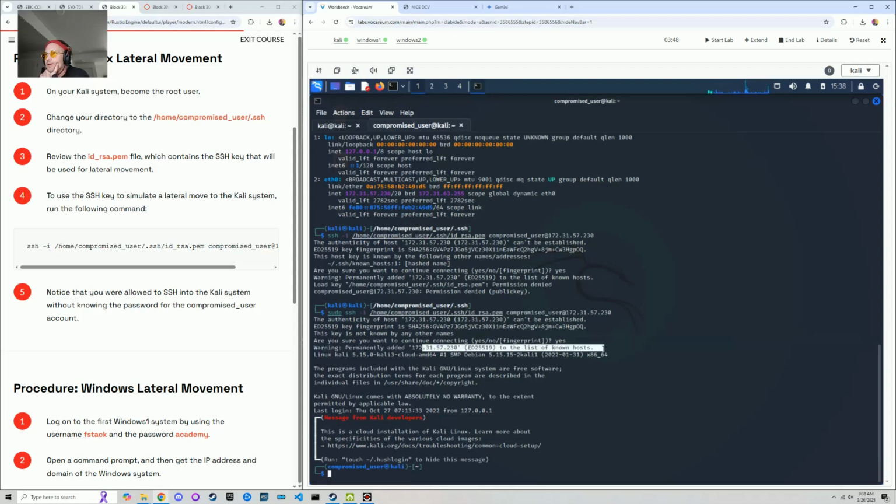This was added here to known hosts. Once we got the key in,